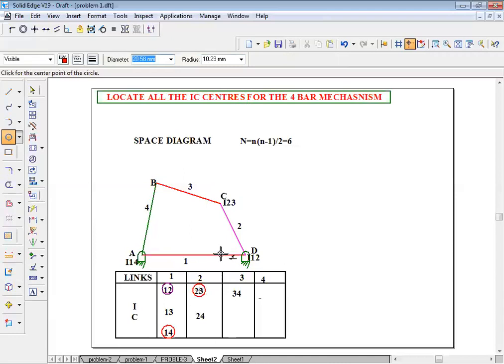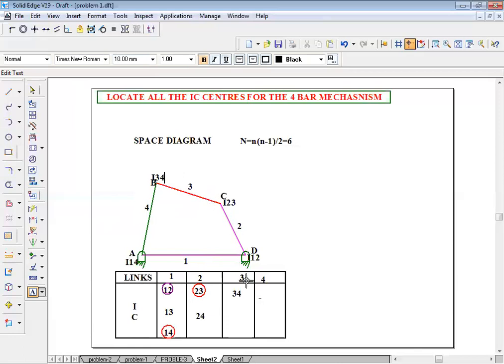That I know well. This one and one more comes here, 3 4. So this is also a fixed one. It is a joint. Therefore, when the mechanism changes its configuration, it is going to move, but this joint will be permanent. Therefore, I34 is a permanent one. It's going to displace. Therefore, I34, I also know the link number 3 and link number 4 here. Therefore, I'm going to locate that at joint B as I34. So I will mark this also, I know, in a red color.